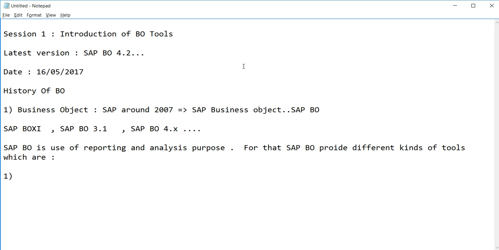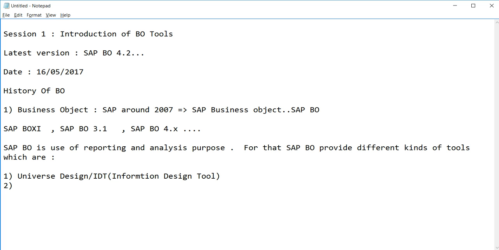So SAP BO provides different kinds of tools. The first one is Universe Design, which in the latest version is the IDT, Information Design Tool. We will explain one by one.